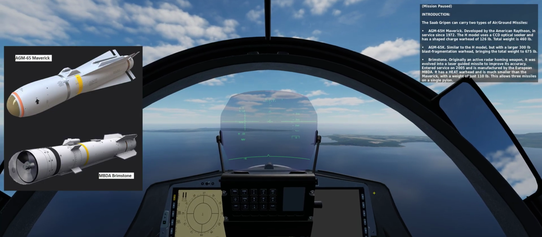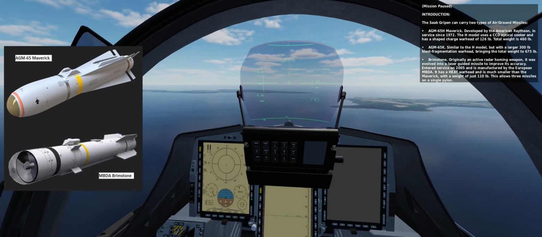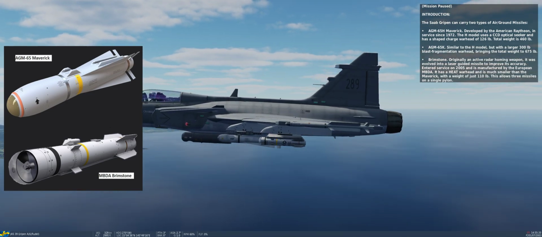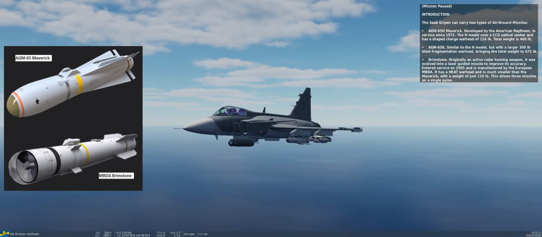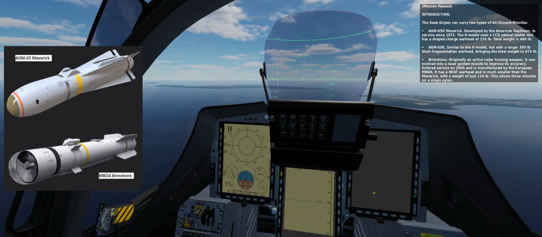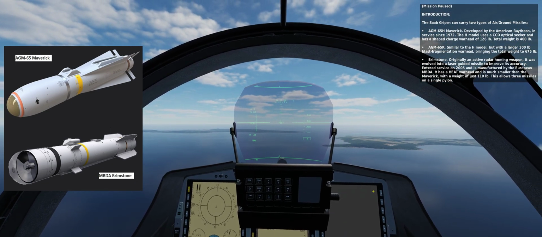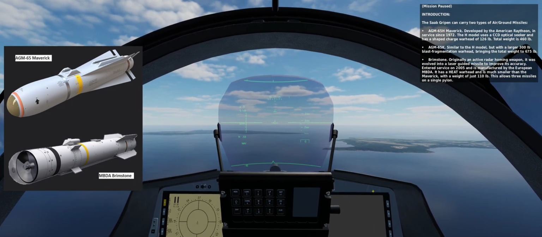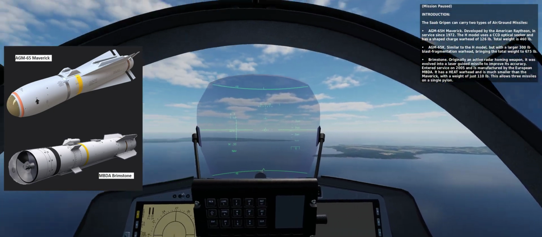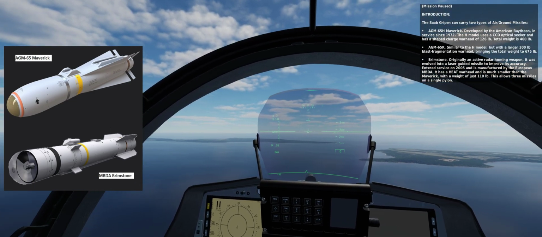The Saab Gripen can carry two types of air-to-ground missiles. The AGM-65H Maverick, developed by the American Raytheon, in service since 1972. The H model uses a CCD optical seeker and has a shaped charge warhead of 126 pounds. Total weight is 460 pounds. The AGM-65K is similar to the H model, but with a larger 300-pound blast fragmentation warhead, bringing the total weight to